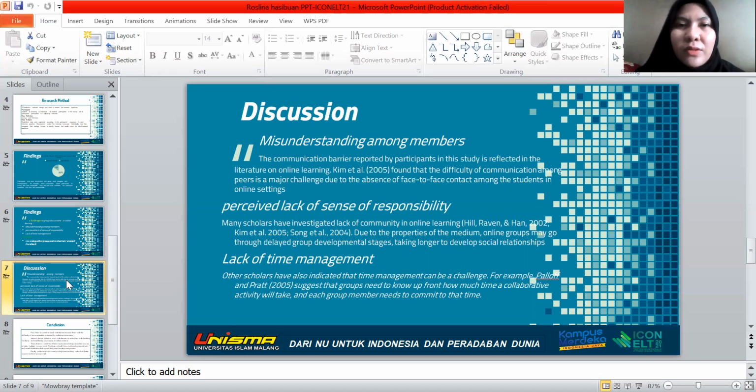Scholars have also indicated that time management can be a challenge. For example, previous research suggests that groups need to know up front how much time a collaborative activity will take, and each group member needs to commit to that time.